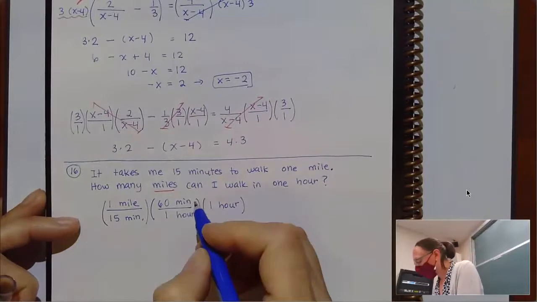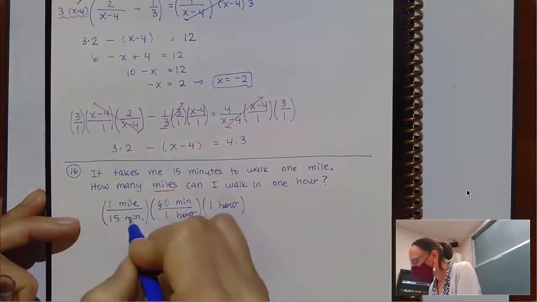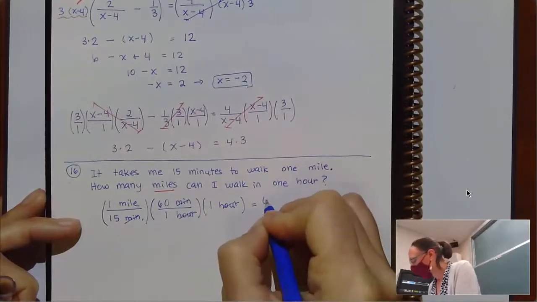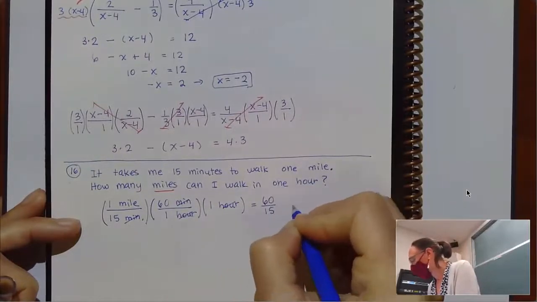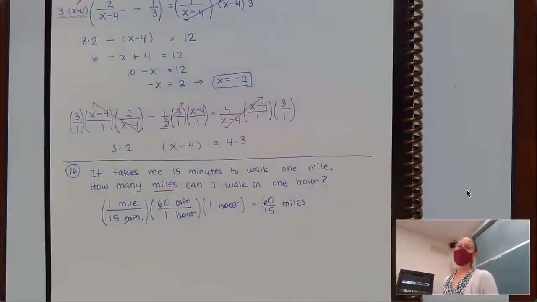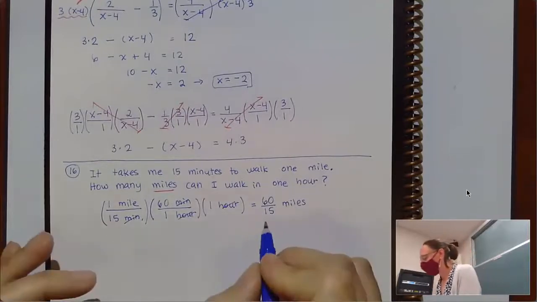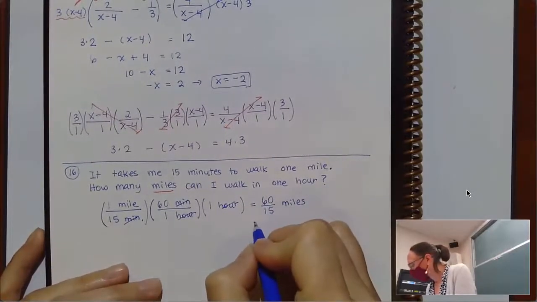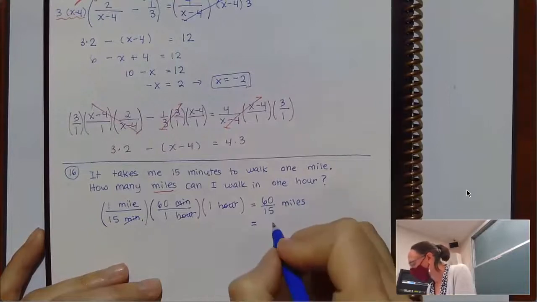So my hours cancel out, my minutes cancel out, and my final answer, right, I'd have 60 over 15 miles. But we know we can reduce that fraction. If you don't see it all at once, you can always break it down a little bit at first. And I would say, I know that 60 is